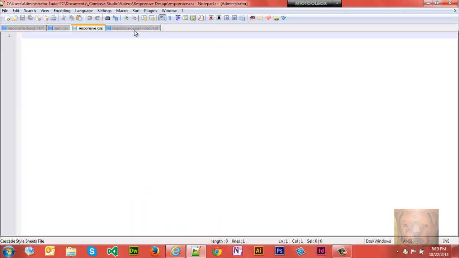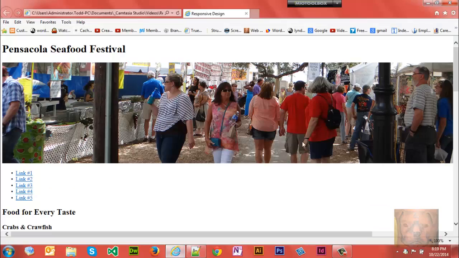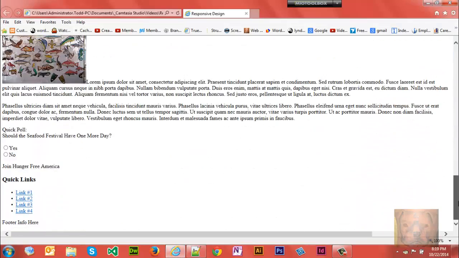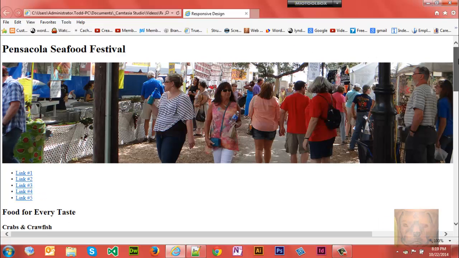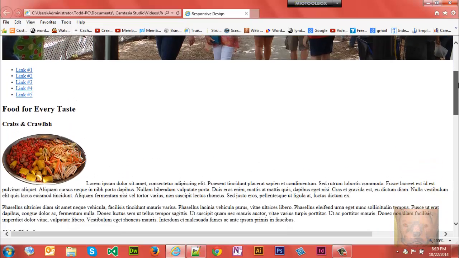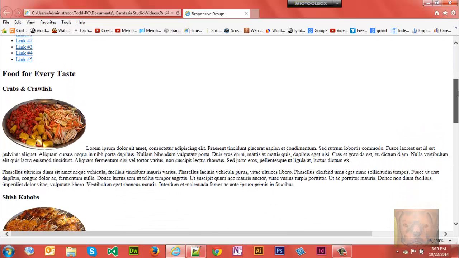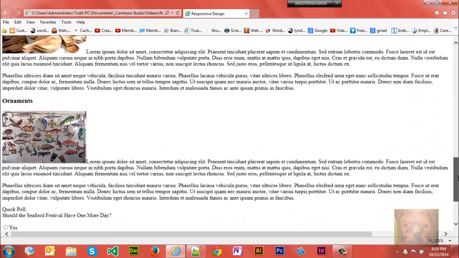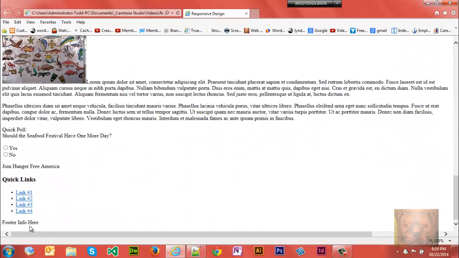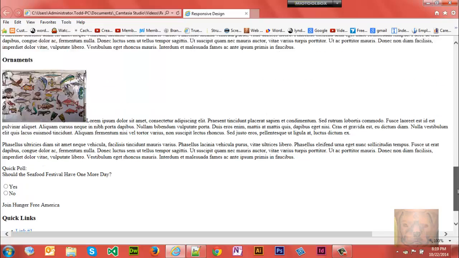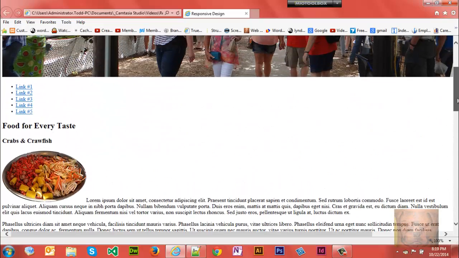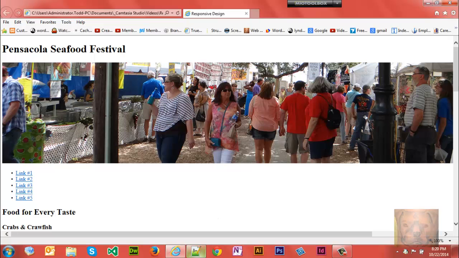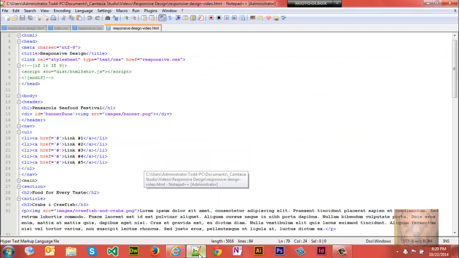So the first thing I like to do is take a look at what I have and get everything sitting where it needs to sit before I go actually styling anything. So the very first thing I see is I got my main section. If you remember, I have main with my two sections in it with my 4 articles inside, and then I have my aside and my footer. So first thing I want to do is go ahead and get those all located in the right areas. So let's start with